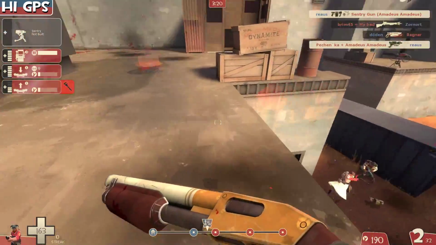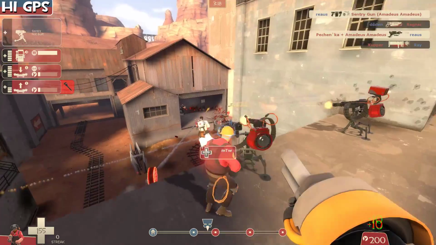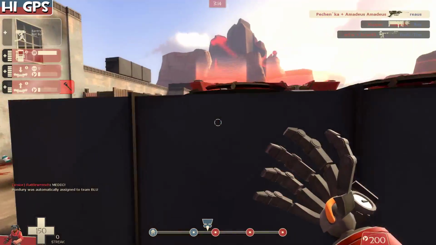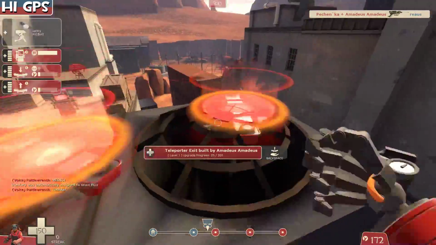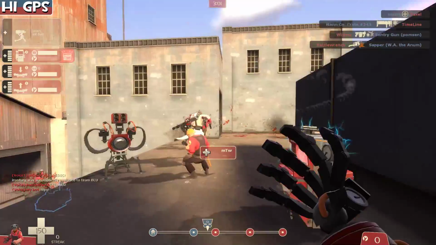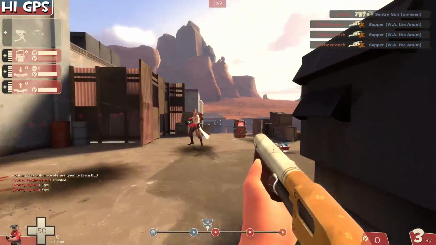Of course, I think using the shotgun is pretty good as well because it gives you some DM potential, so you can do damage and stuff like that. And you can see there's really not a whole lot going on here. The enemy team isn't really attacking much, because this is actually pretty good when they go in and use a single spy